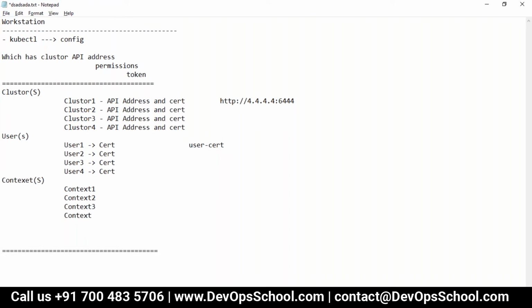And here we set, okay, fine, no problem, cluster 1 is mapped like this, cluster 4 is mapped like this. Did you understand that? Are you getting these points?